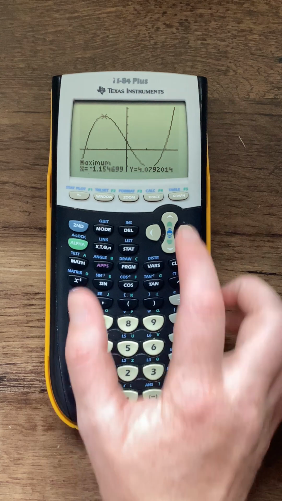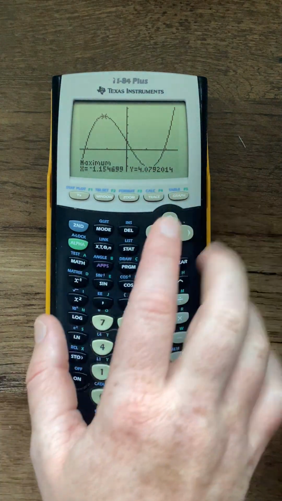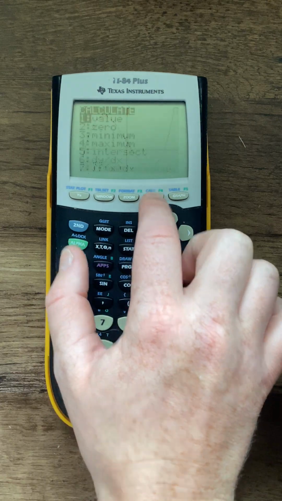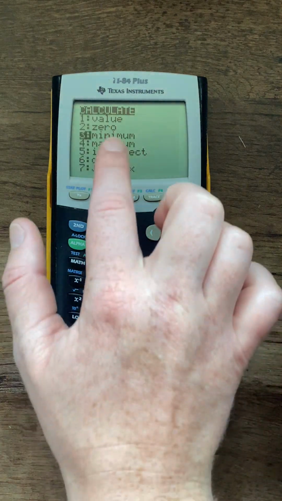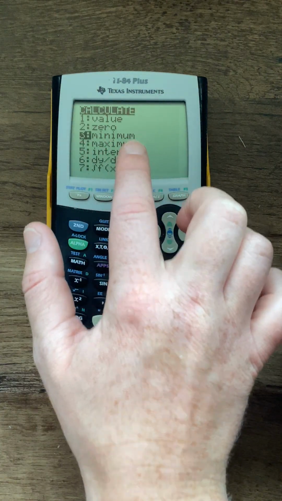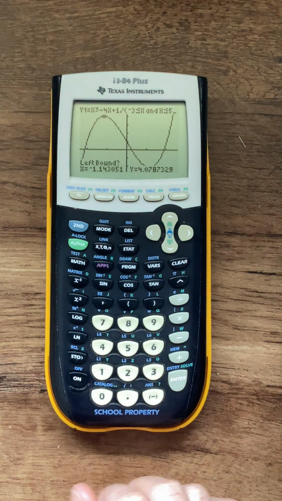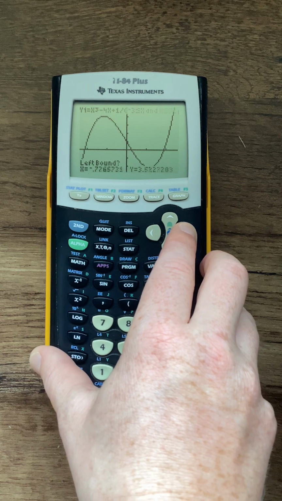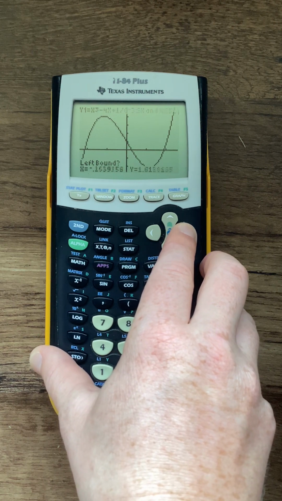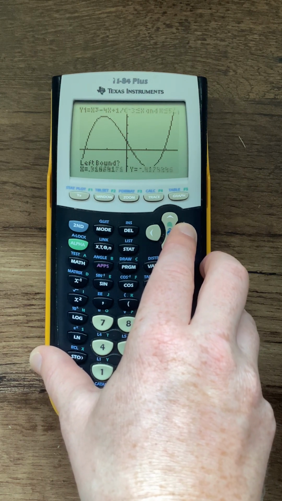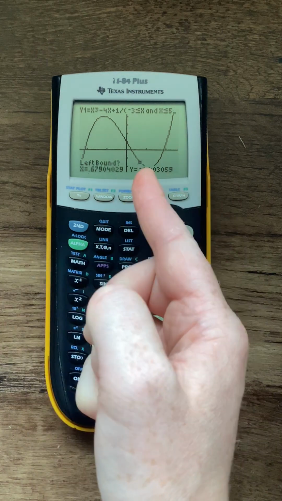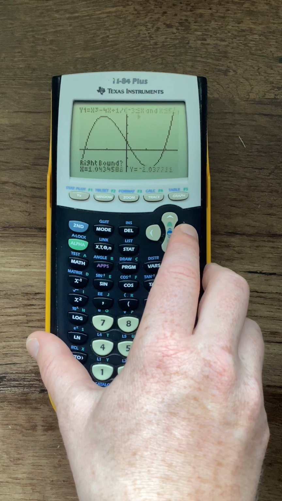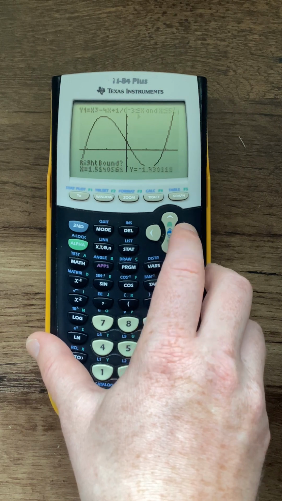So our minimum is going to be over here, and we use roughly the same procedure. So you hit second, trace, that takes you to the minimum here, and you go down to, you say, okay, I want a minimum, go to minimum, hit enter, and it's going to ask you the same questions. So you say, okay, left bound. So go over here towards your little minimum, and you say, okay, I'm going to mark right here to the left side of your minimum, enter,